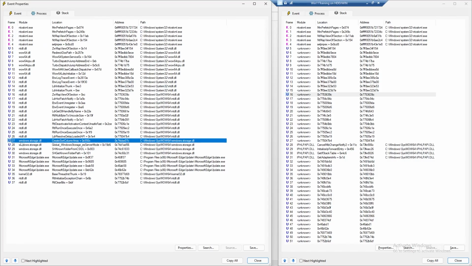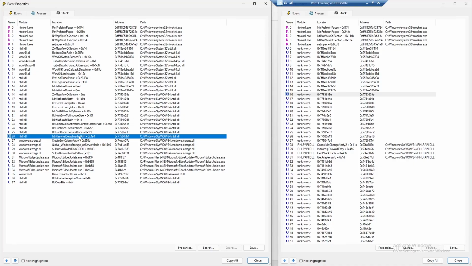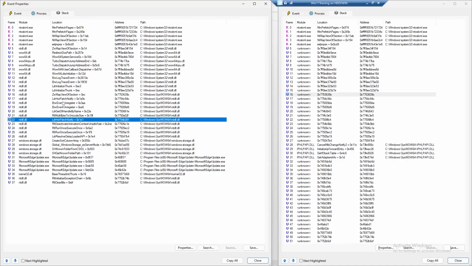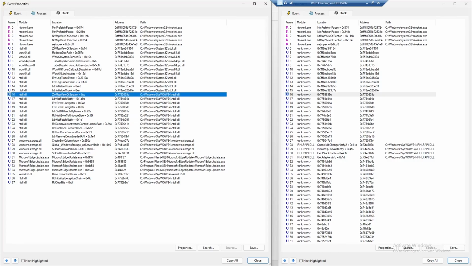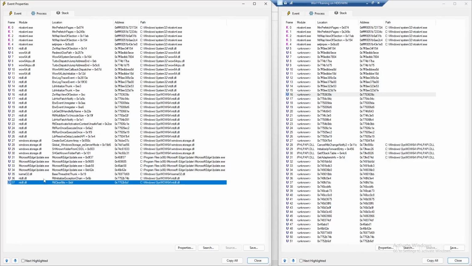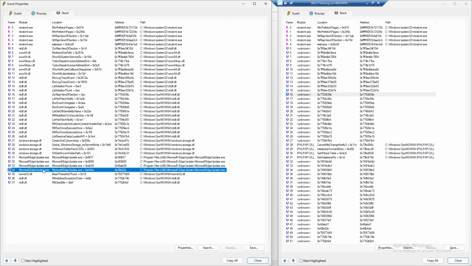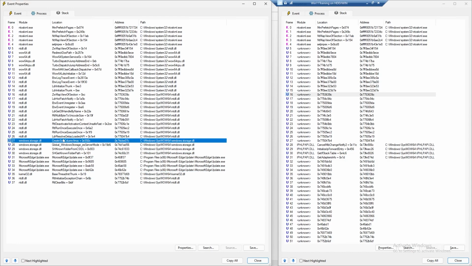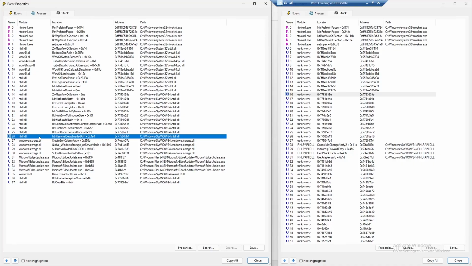Somewhere on frame 27 here, windows.storage.dll at some offset in there made a call that went to NTDLL. And NTDLL eventually went down to LdrpResolveDelayLoadedAPI. And then that goes all the way down, and that starts loading in a DLL. You can see the entire stack here, the start of the thread, initialization of the thread running in Microsoft Edge update, that going to Windows Storage DLL, and then that doing something that triggers a delay loaded event in NTDLL